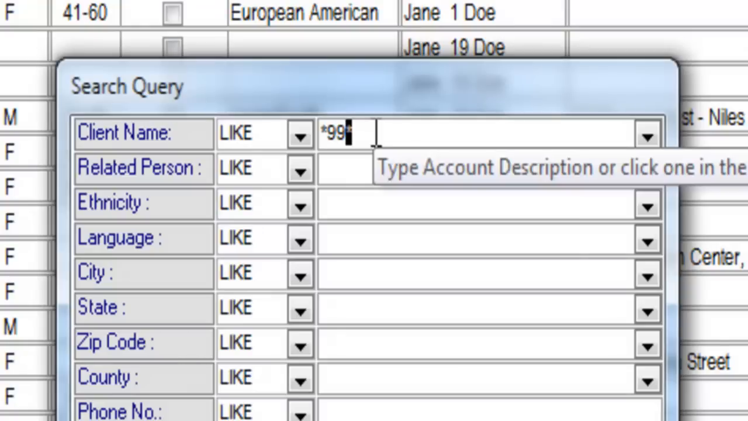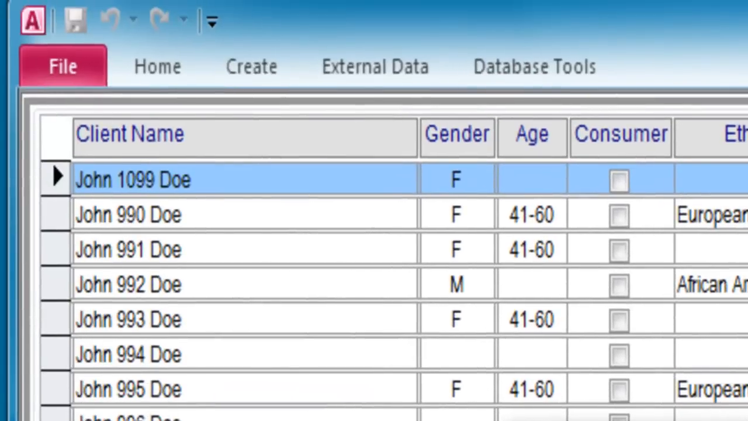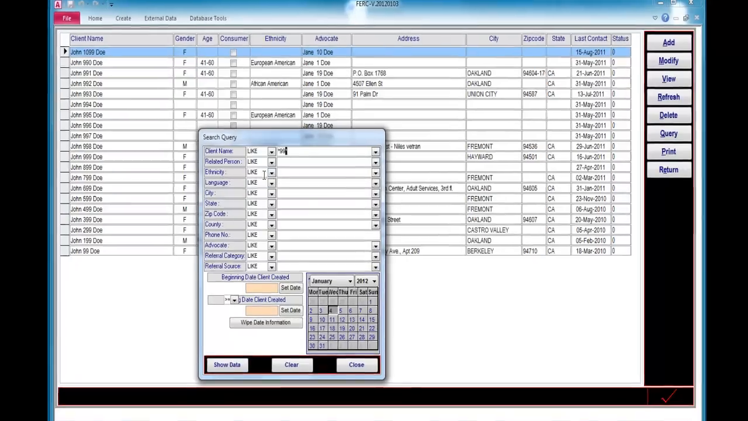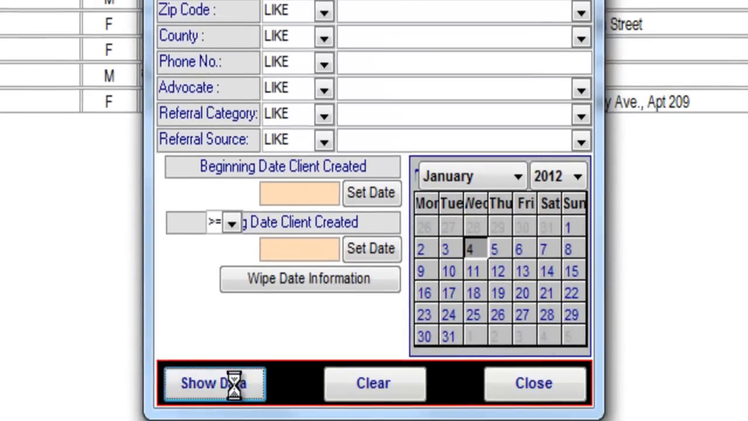So *99* means to find all the clients in this list with 99 somewhere within their name. We see 99 is contained somewhere within everyone's name being displayed after I clicked the Show Data button. Now to further narrow this list, I'm going to search where ethnicity is like African American, and I click on Show Data, and